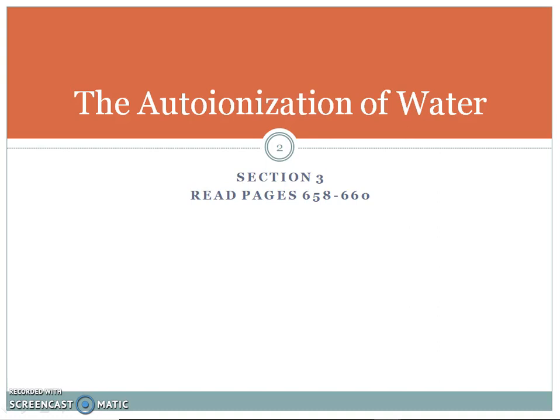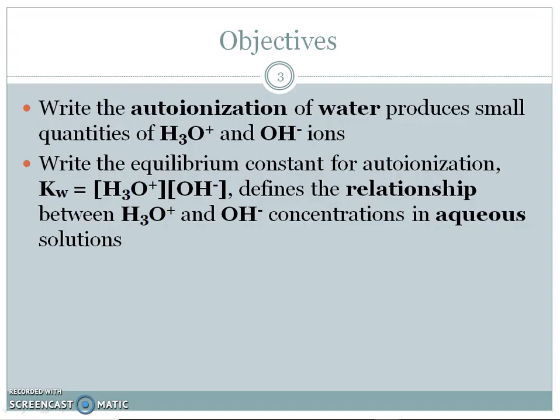This is Mrs. O'Neill for AP Chemistry, Chapter 16, Section 3, the autoionization of water. In this section, you will learn that the autoionization of water produces H3O+, the hydronium ion, and OH-. You're also going to understand that the Kw, or the equilibrium constant for water, is